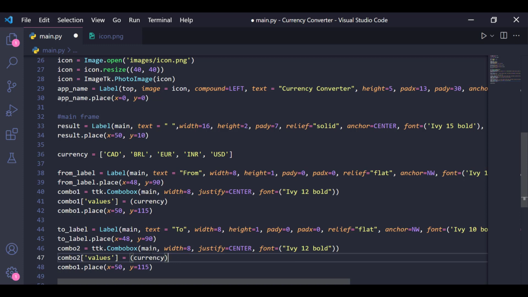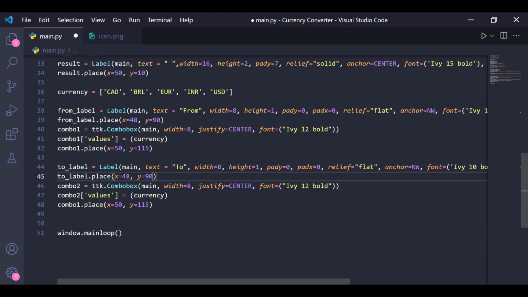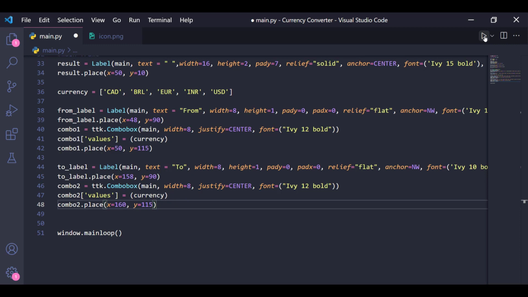And here we'll give width. Everything is same, you're just going to change the place values. So here 2 label dot place will be 158. Y will be same, the only change is x, and here even the combo 2, this will be the combo 2 dot place. Here the x value will be 116, the y value will be same. Okay, and if you rerun this one,